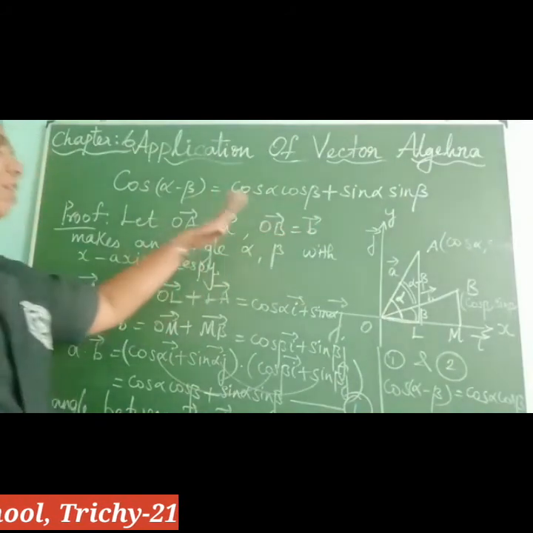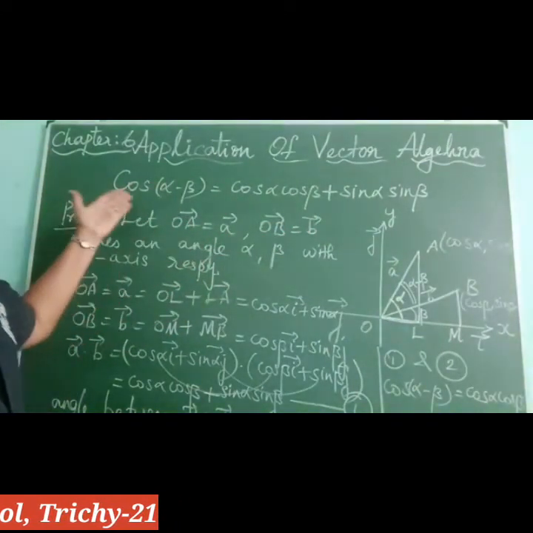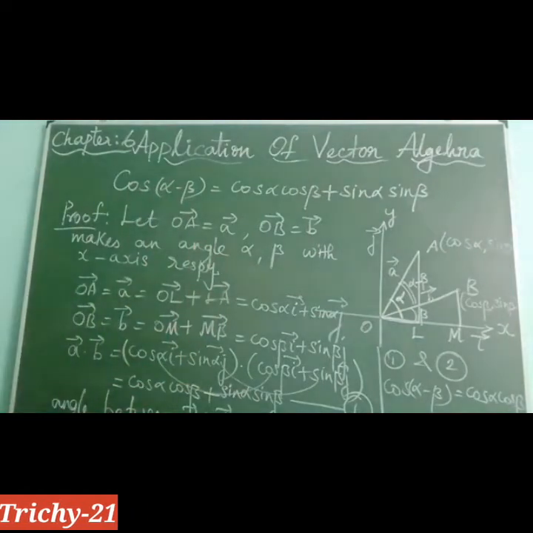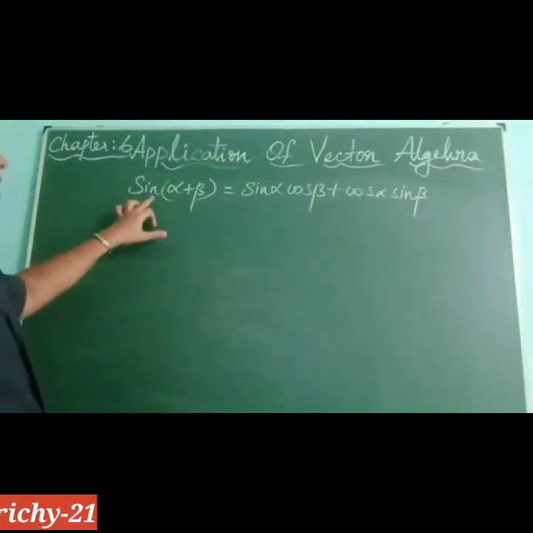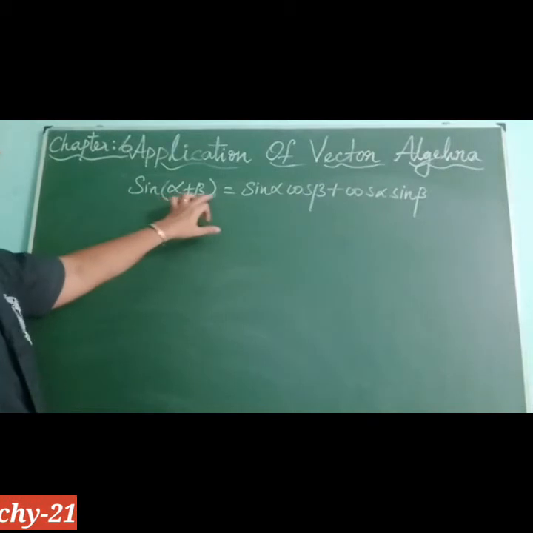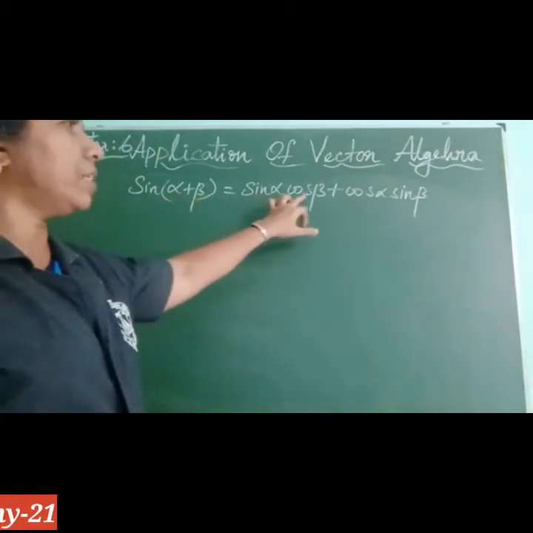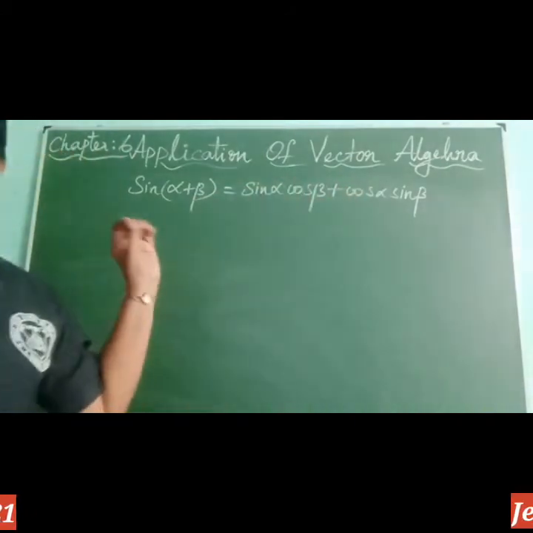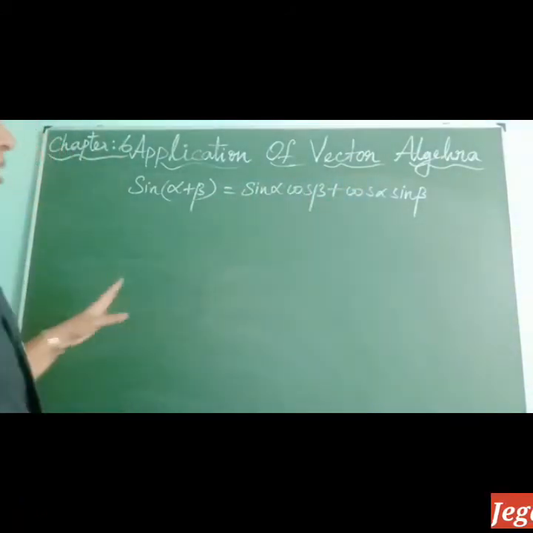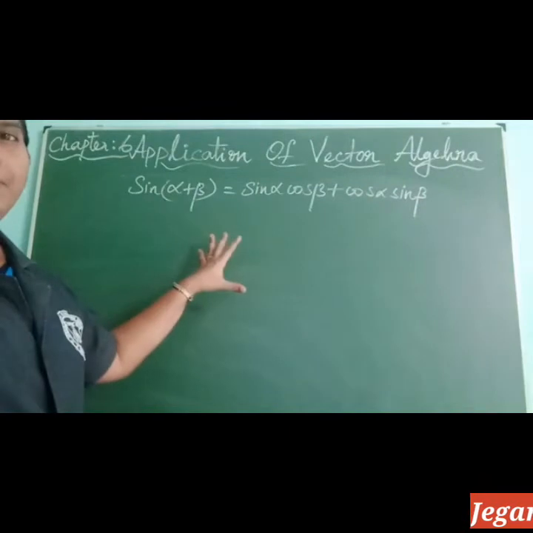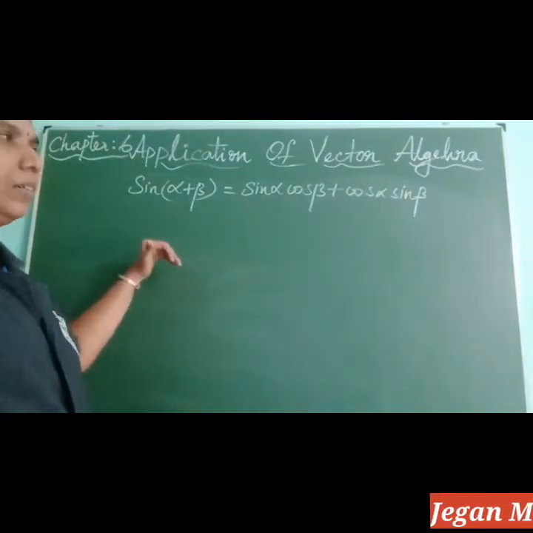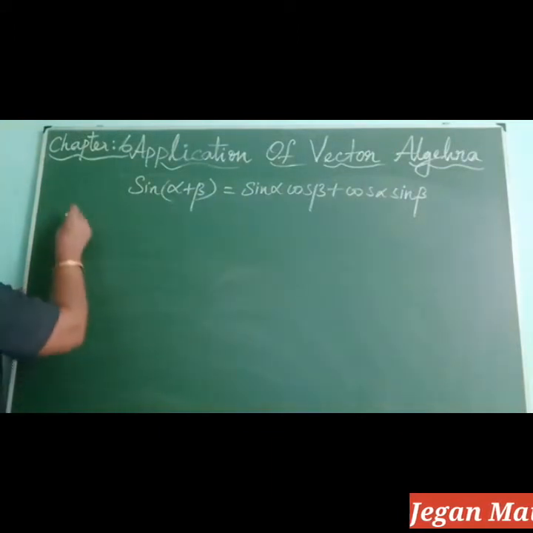Now let us solve another identity with the help of the cross product. Let us derive sin(alpha plus beta) equal to sin alpha cos beta plus cos alpha sin beta by using the cross product of vectors. Here also everything is the same, only in the last step we have to apply the cross product. So here also you can write,